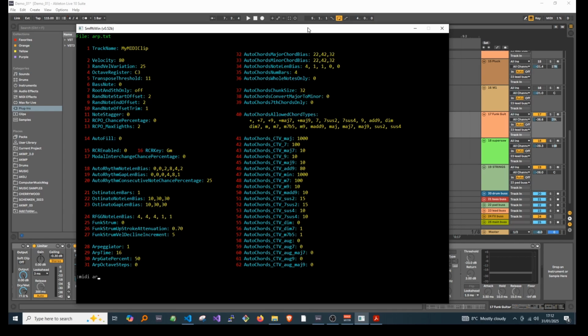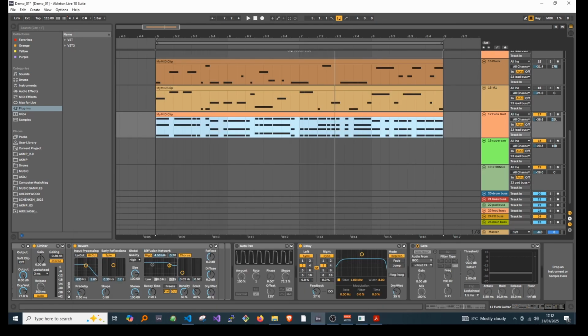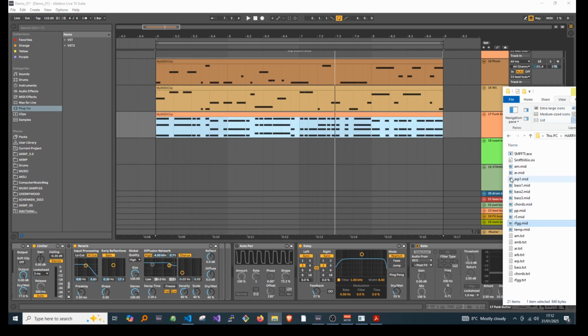We'll send it to arp1.mid. There's about 13 different arpeggiators, I think, similar to what the Ableton Live arpeggiator device has. We've chosen number 1, which I think is a straight up arpeggiator. So if we stick that on our Super Saw,